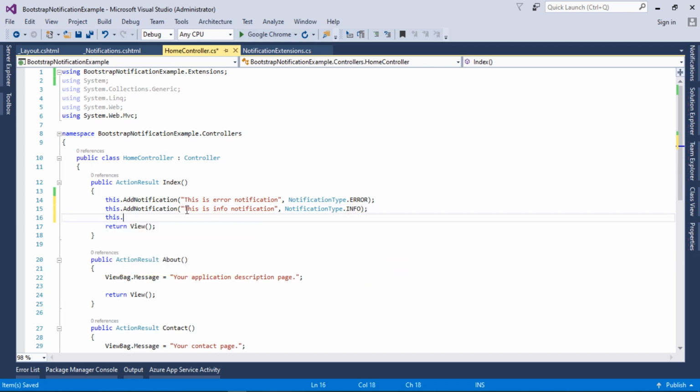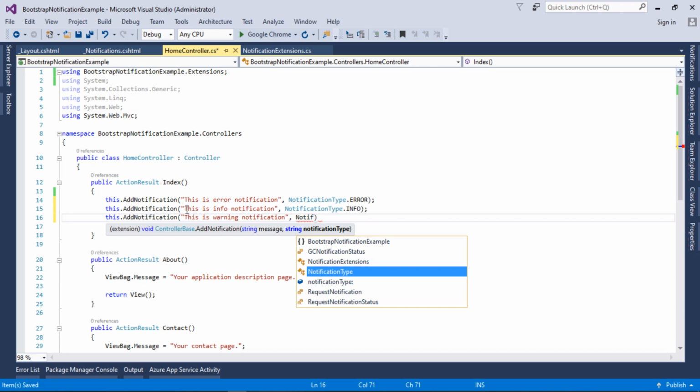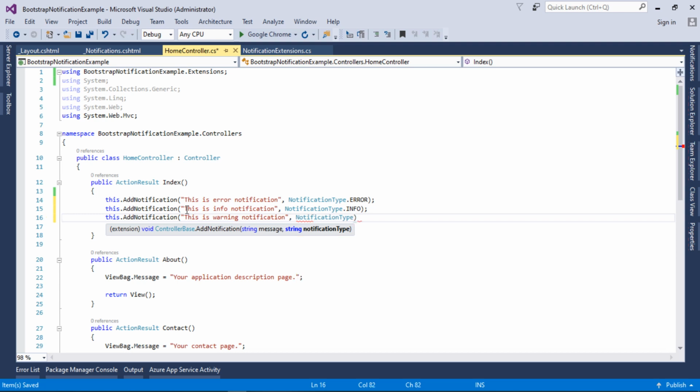Similarly we will create another notification, this is warning notification. Okay guys, I hope you understand this process. It is very easy. In the start you may be confused, but as I show you the complete example, this will be very useful for all of you.